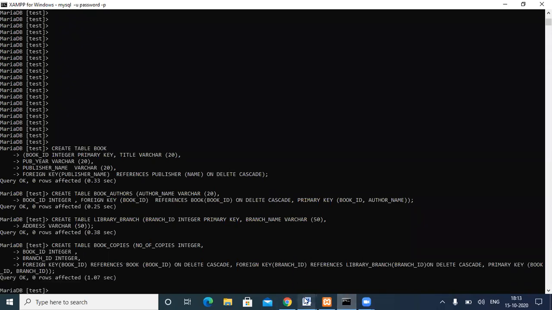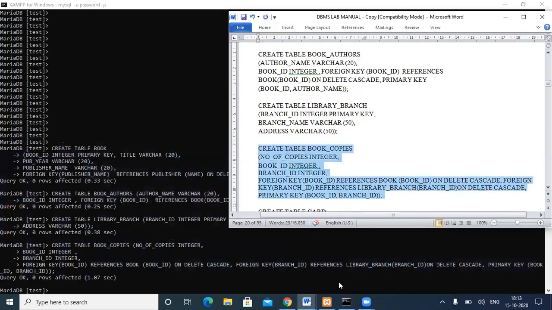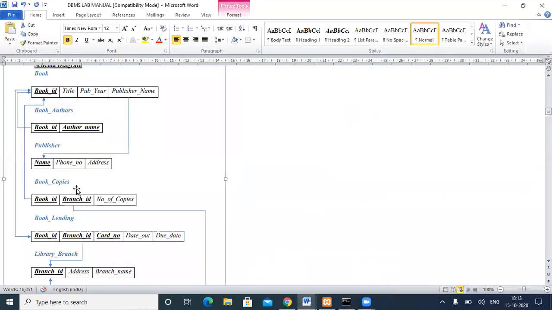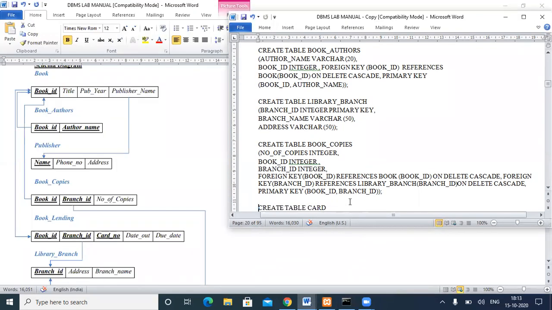So it is successfully created. Next, after that, book copies. So hope we have created all the tables. Library branch is over. Number of book copies over. Book lending. Let me create the next one, book lending.